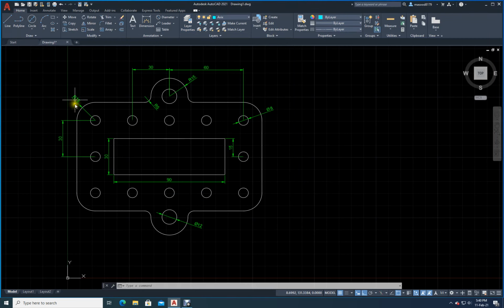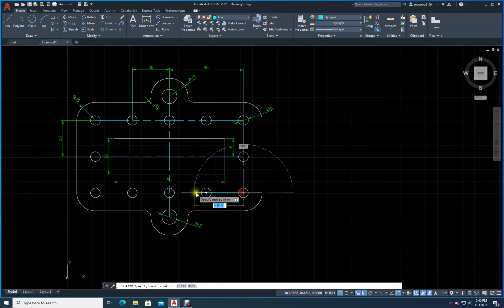We have made it as our layer. Now see here, the color is also there. Just go and draw between what point? Between this point and this point. Enter. Then again space bar, between this point and this point. Enter. What else you need? You can put space bar between this point. You can just go here. Enter. See there, everything is done now.